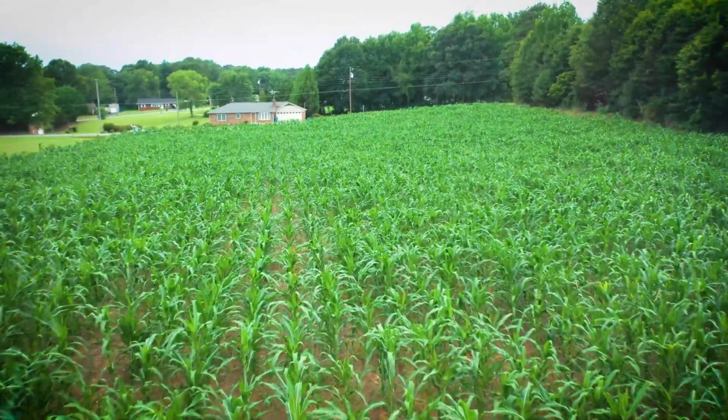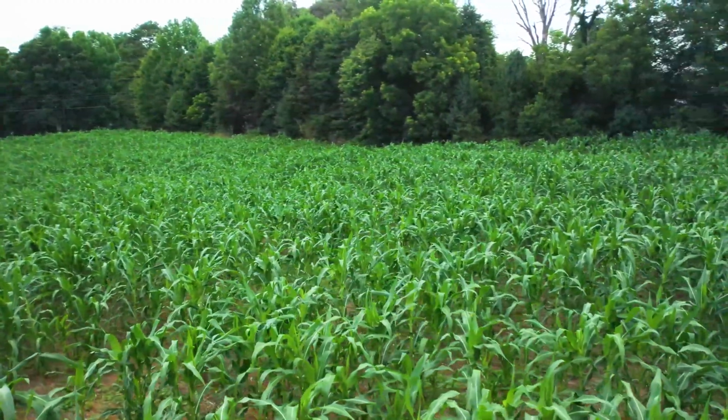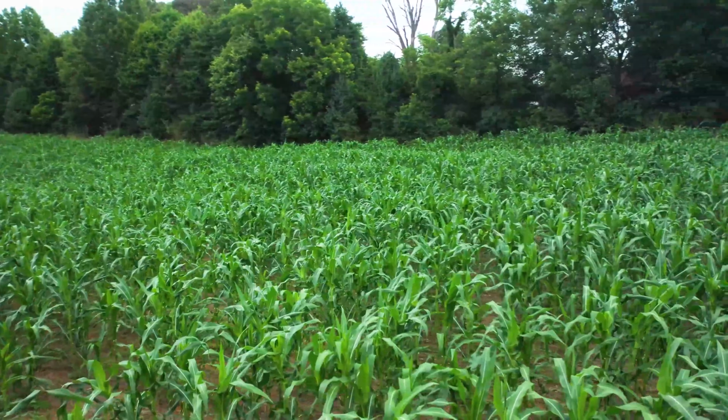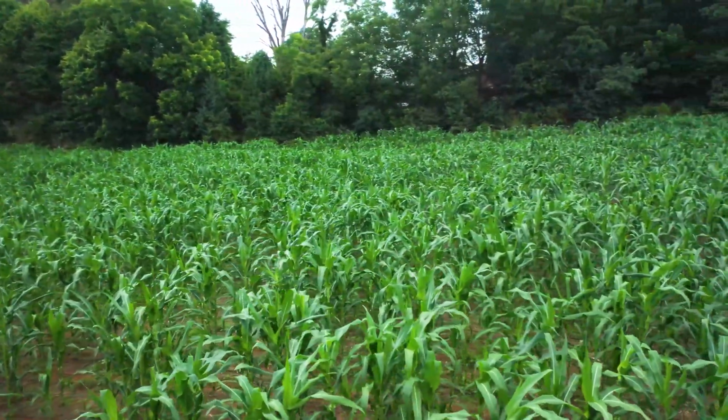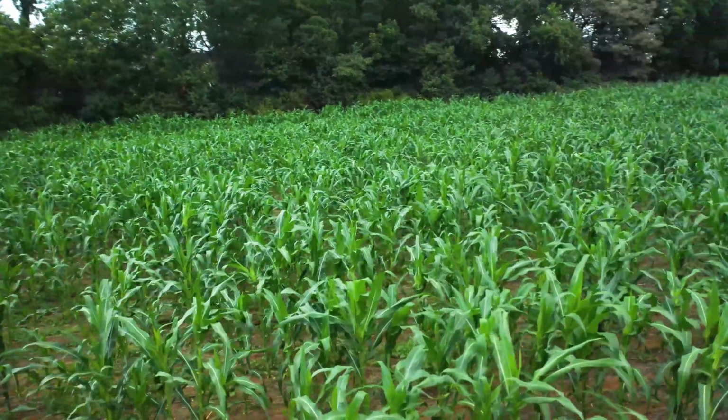Yeah, like if we were in a production system, so like 2 years ago we had a hybrid corn here. We planted this field roughly about 29,000 to 30,000 ears to the acre. About 4 years ago, maybe it's 2 to 4 years ago, we actually experimented the first time on 60-inch row corn at this field and put out some information on it where we did a 30-inch row and then a 60-inch skip,